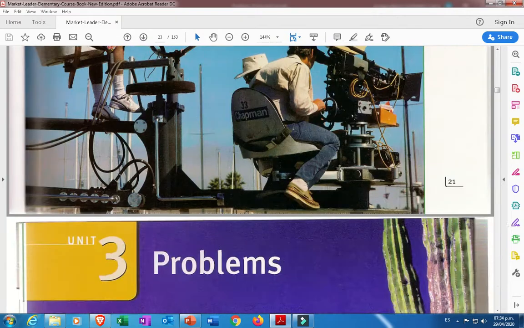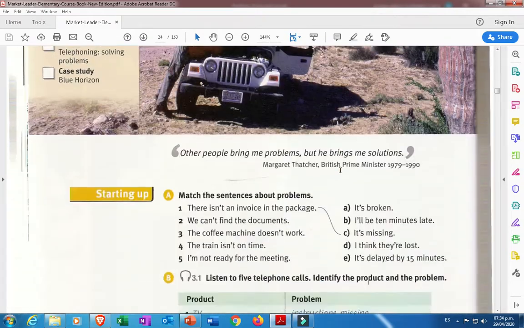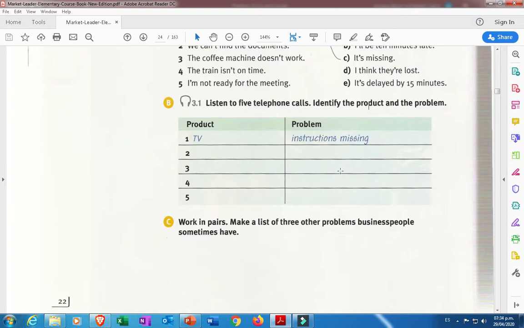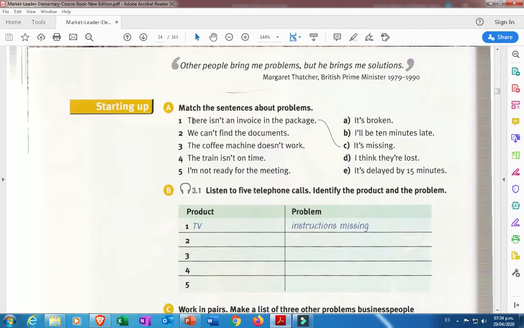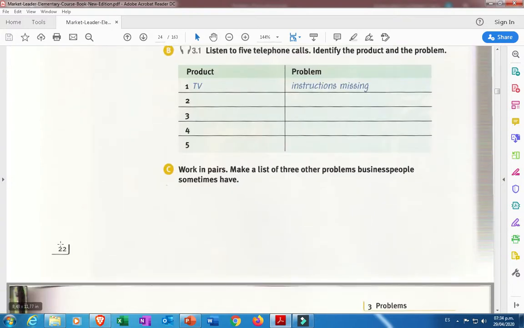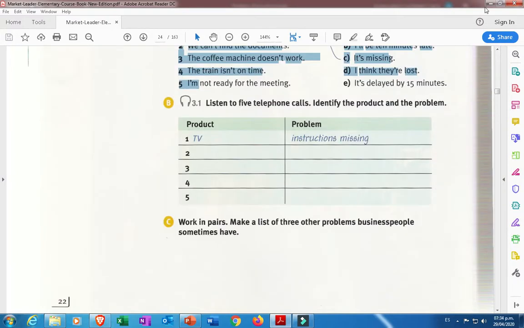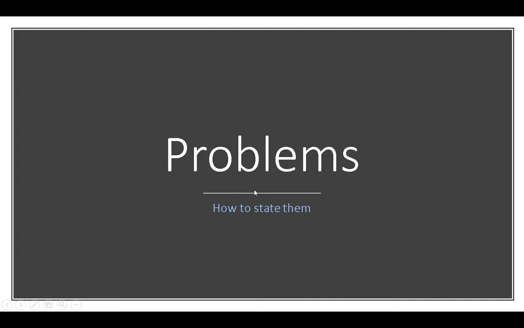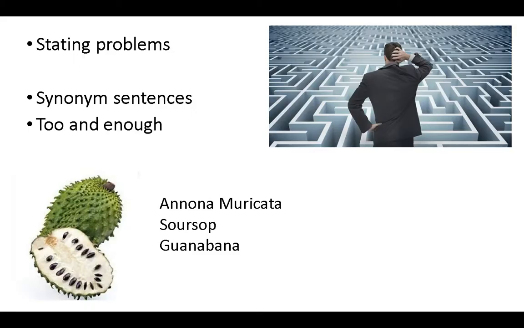Okay, so let's start here with problems. On page 22, you will find some sentences and synonyms to express some problems. Okay, so check it out. Right, we're gonna deal with this and other stuff. Now, this is about problems and how to state them. Right? Okay, now, of course, to state problems you need some vocabulary, and the book suggests some synonym sentences